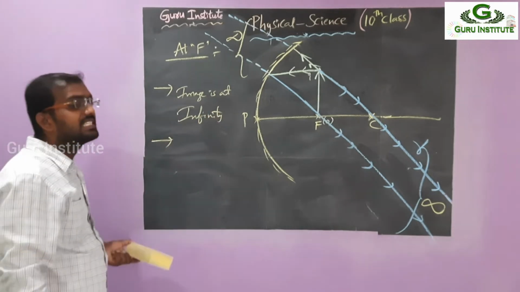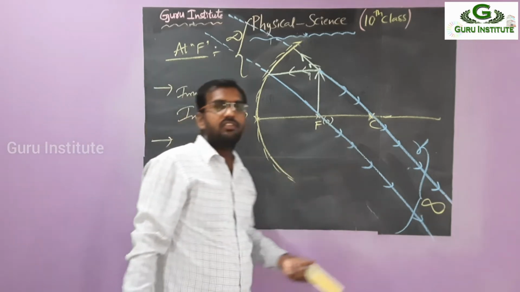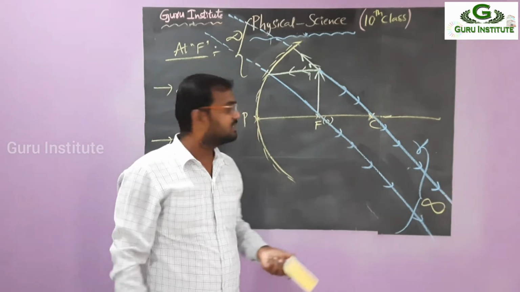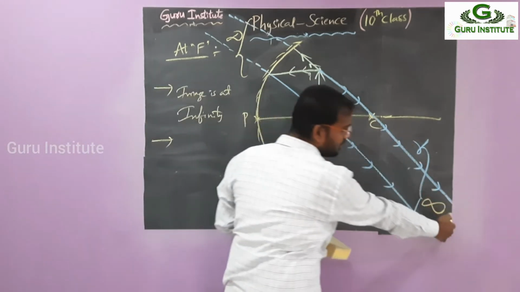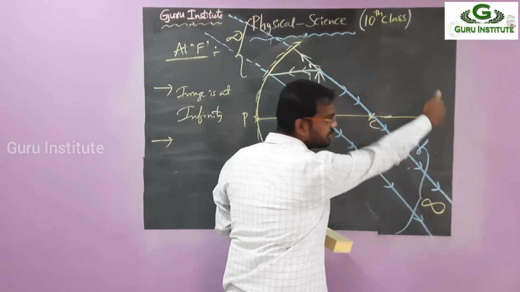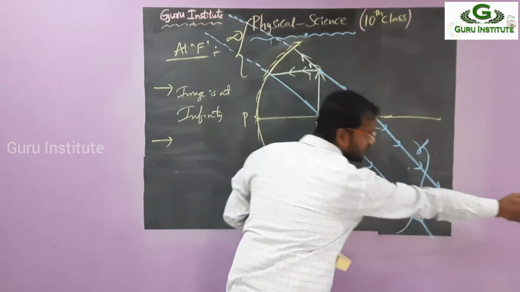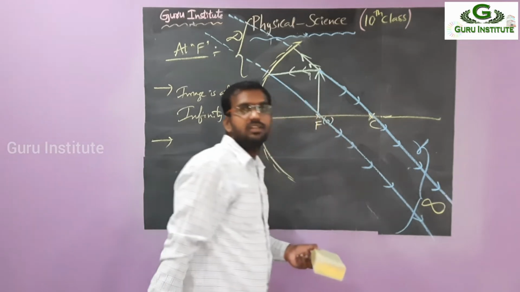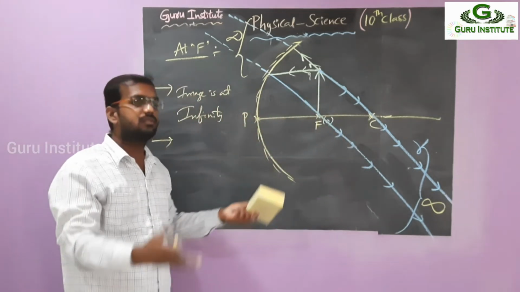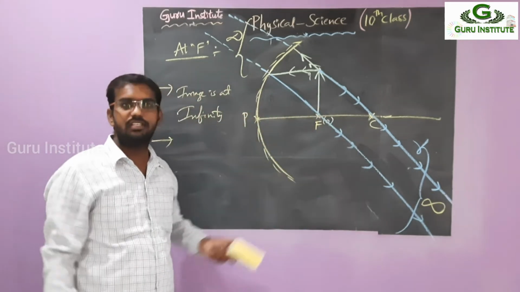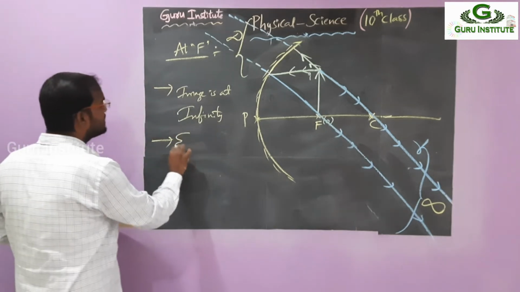First one. Then the size. At infinity, we can imagine what the size is. Suppose the image is formed here, this much size. Suppose it is formed there, this much. The size is increased. So at infinity the size is large. Infinity means generally we take the sun. The sun is a large size, right? So always the size is enlarged.